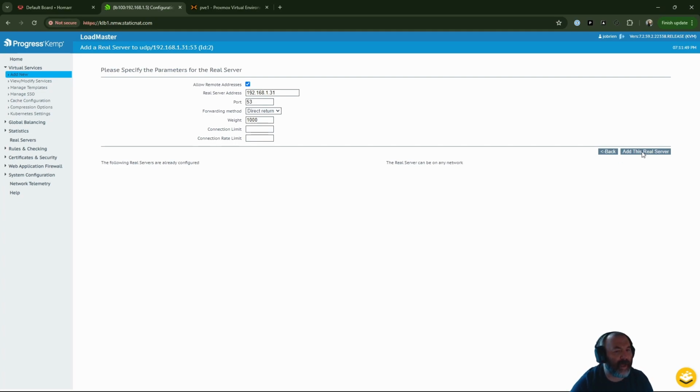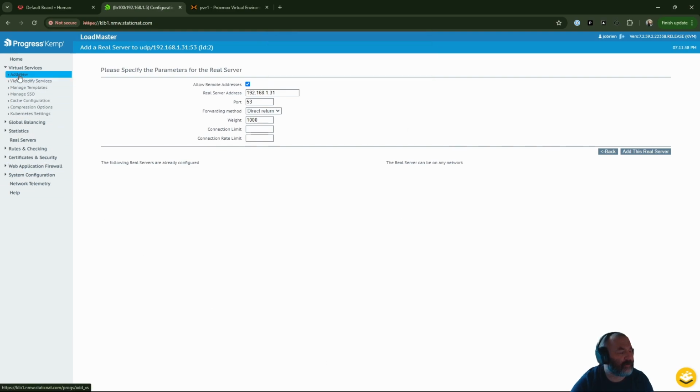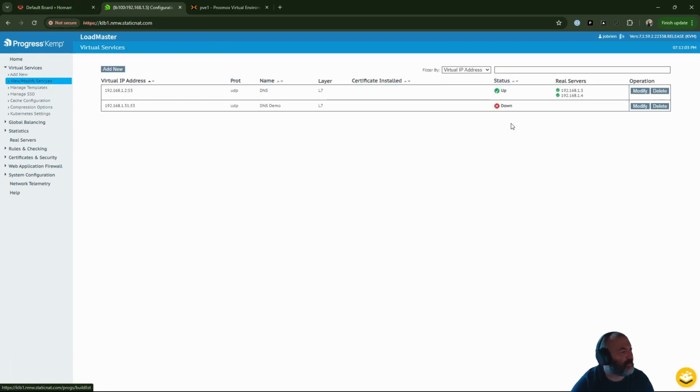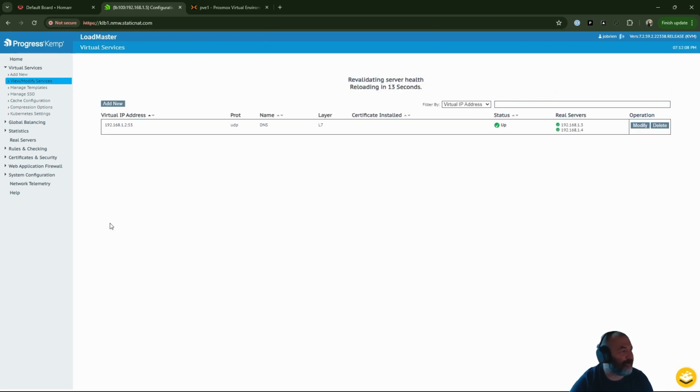Why? So let's add this. Did I mess this up? So let's go to view and modify services. Yeah, I messed it up. That's why. So we're going to delete this. Man, I am fat fingering all over the place. But again,